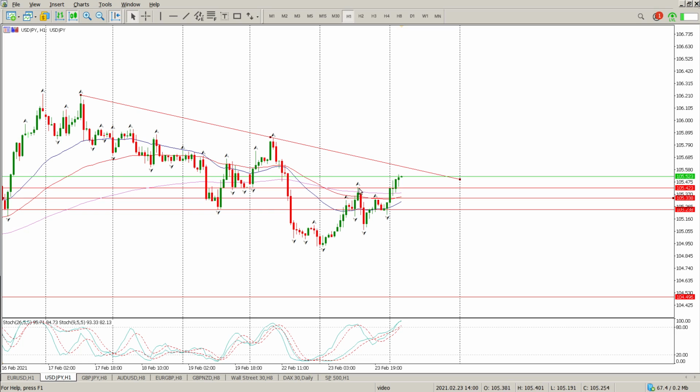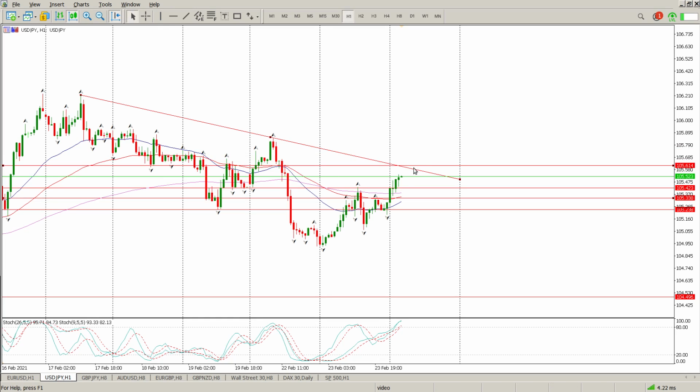It was a good move up, bit of a retracement, and then another move up. So first legs, one leg up, one leg down, second leg up. So there's normally a second move. This is a second move to the upside that is happening, and don't forget that diagonal there. So I would expect us to get up into that area